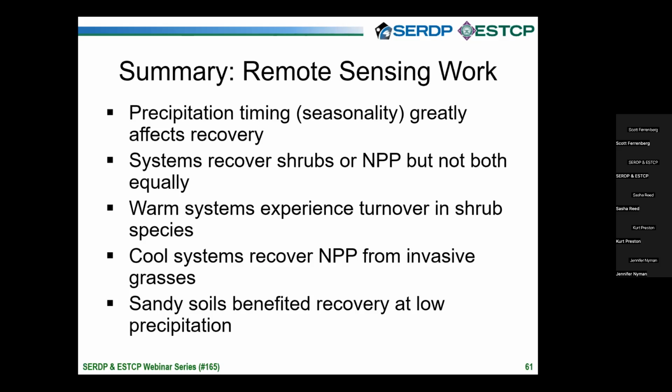And if we remember, I mentioned earlier, sagebrush doesn't deal well with disturbance. So if we increase the burning frequency or severity of that location, it's going to have a negative impact on that foundational species. And finally, the sandy soils benefited recovery at low precipitation, but not at high, which again illustrates the need for us to think about localized context not only for trying to explain those plots, but for productivity at a global scale in relation to climate change and disturbance.